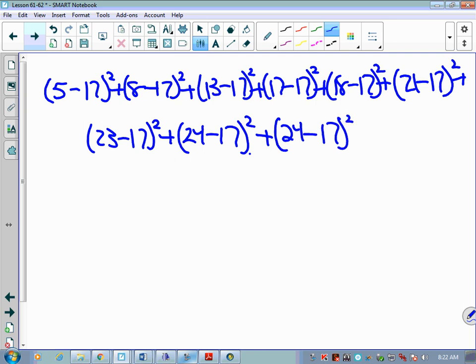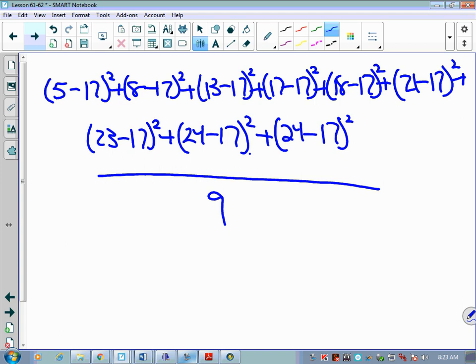So what this is doing is finding the distance between each number and the mean, adding all those distances together, and then dividing by however many there are. In this case, there's 9. So standard deviation is finding the average distance of every number in a data set from the average. Does that make sense? Now that's a really long process to go through, and it would give you your standard deviation. Variance is going to be